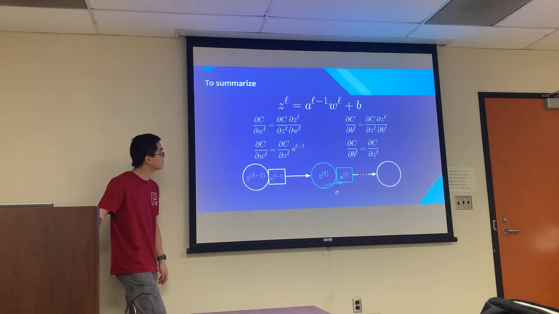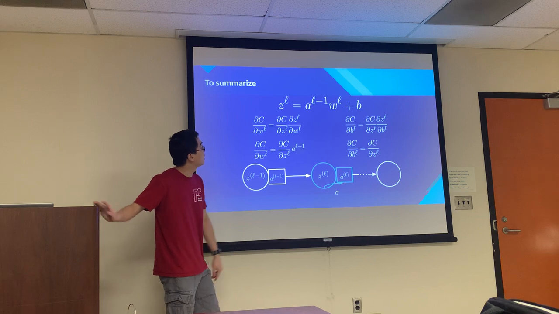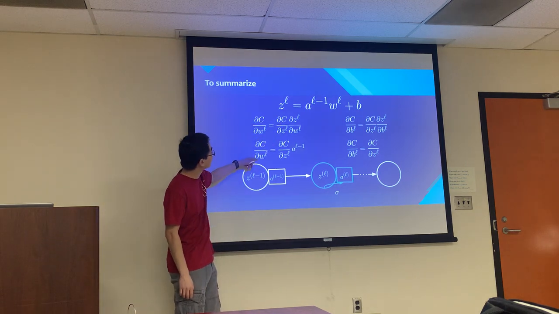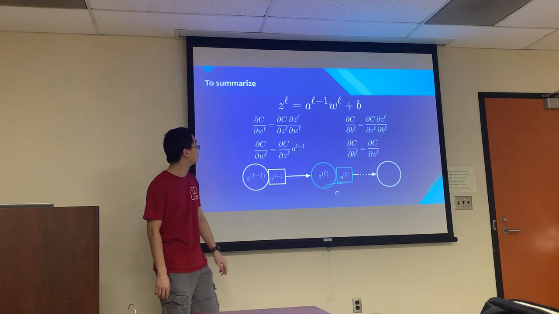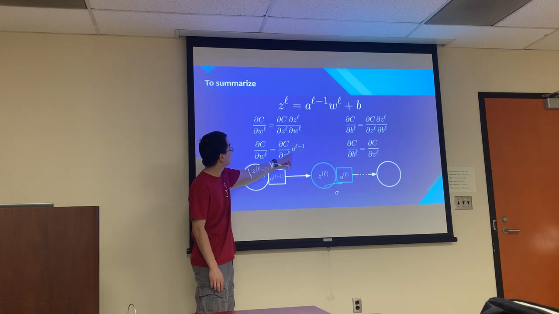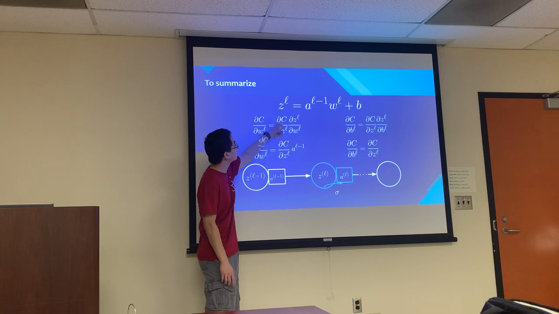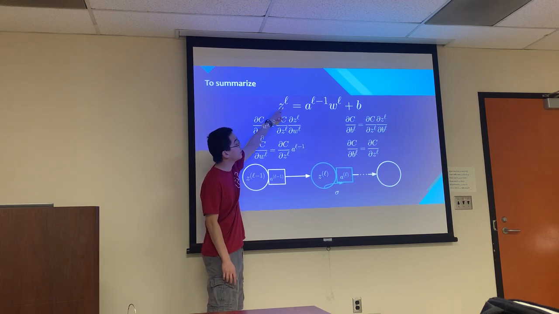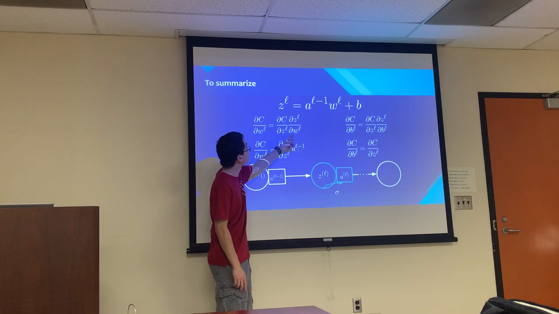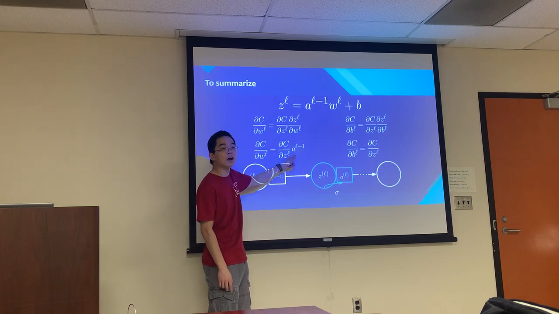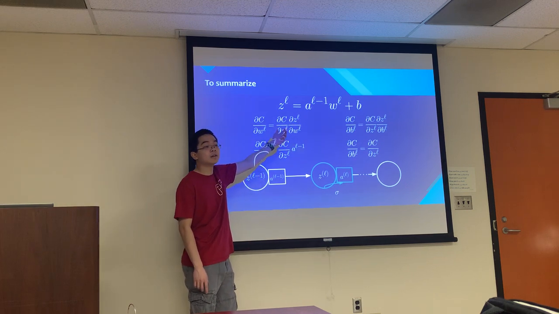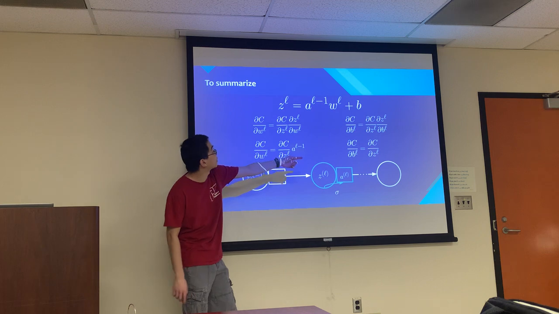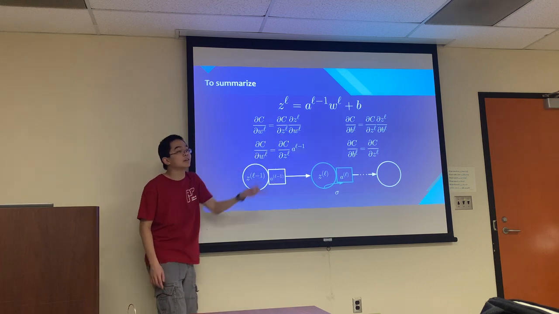Okay, and this is essentially just a summary. This is our affine approximation, and then these are how the derivatives with respect to weights go, and these are how the derivatives with respect to the biases go. So essentially what we're saying here is that the partial derivative of the affine function with respect to the weights is always going to be the activations of the previous layer, because that's just how the vector calculus ends up working out. And then for the biases, it's 1, because the bias term is by itself.